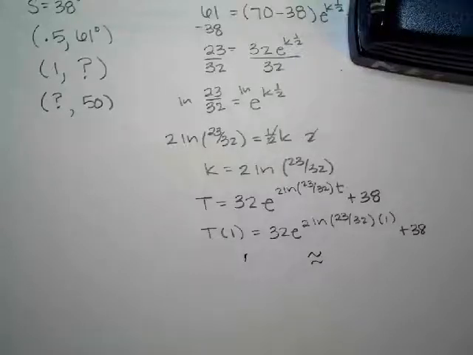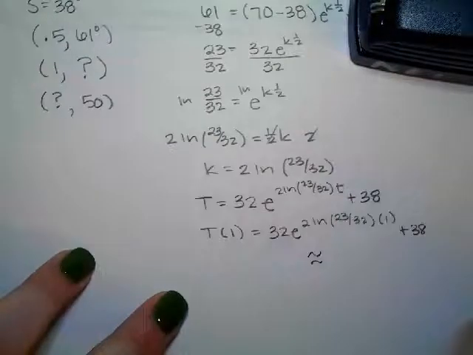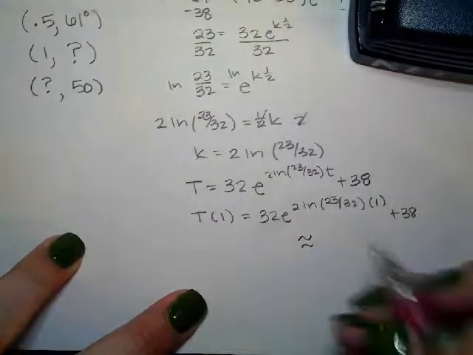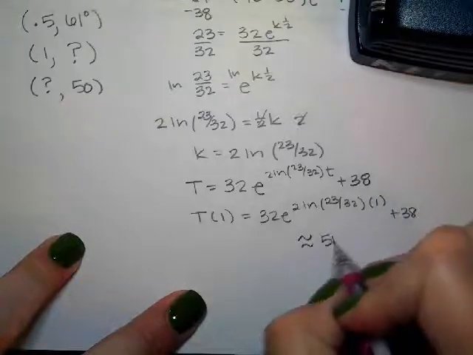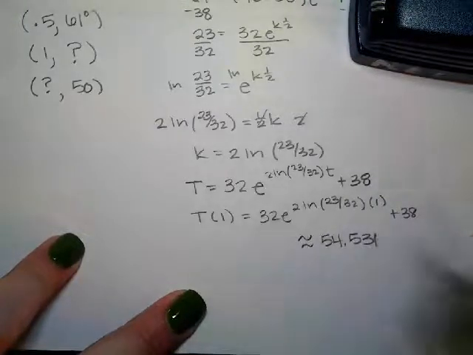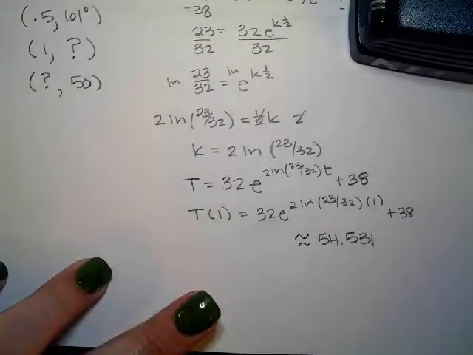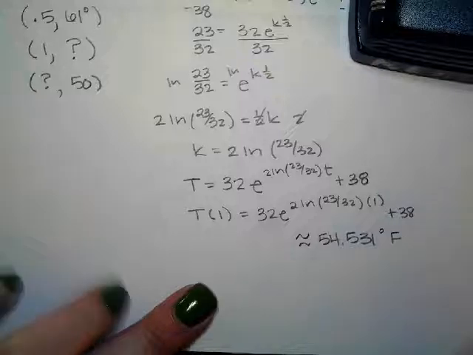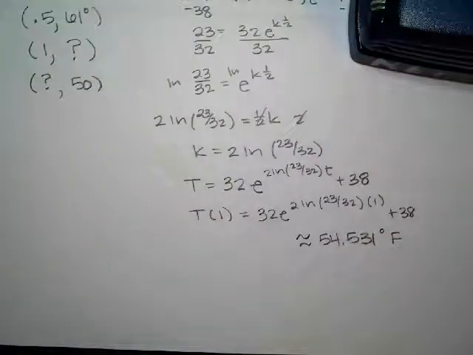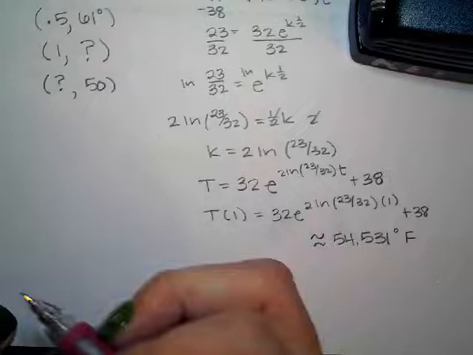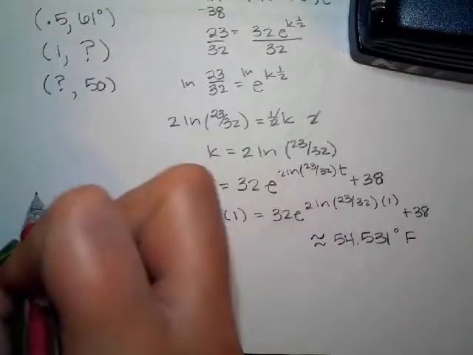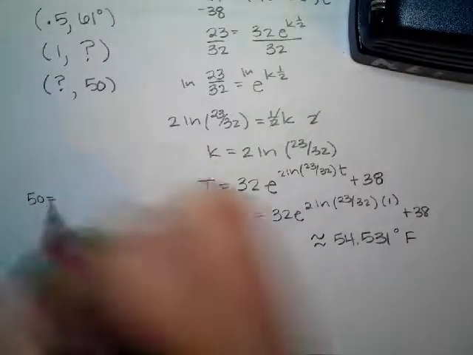All right, what answer are we getting? Okay, perfect. And then what are the units on this? Degrees Fahrenheit. Marvelous. Okay. What do we do for the other one? 50 equals 2 e to the 2 ln